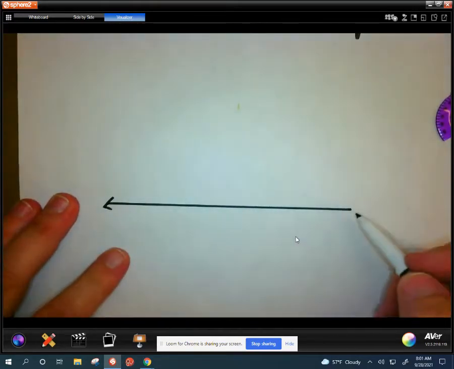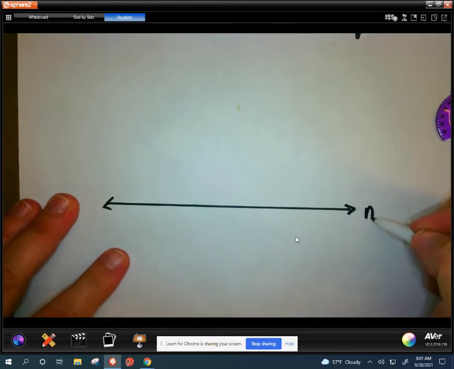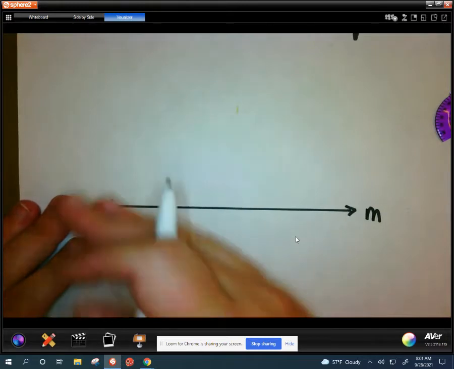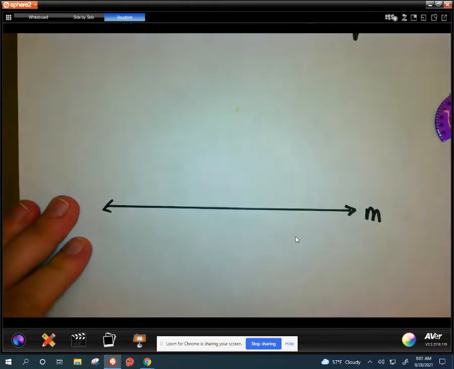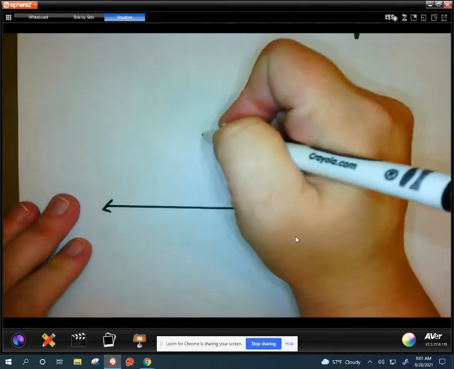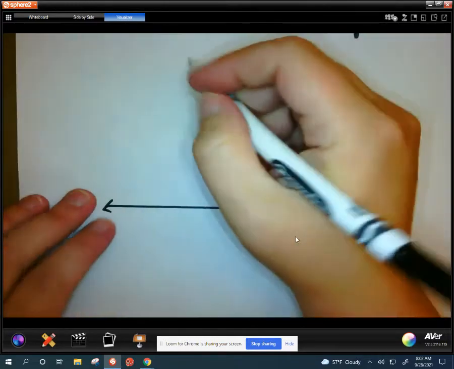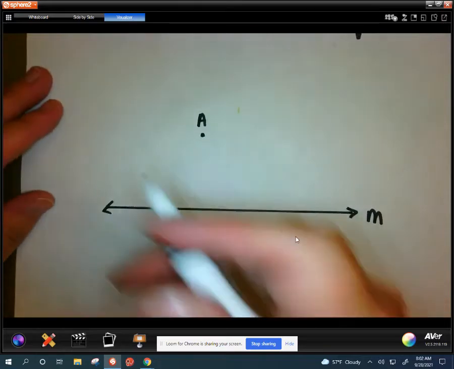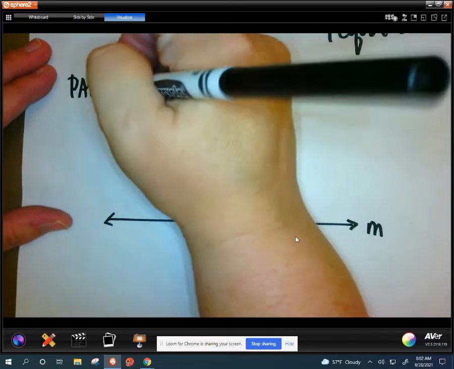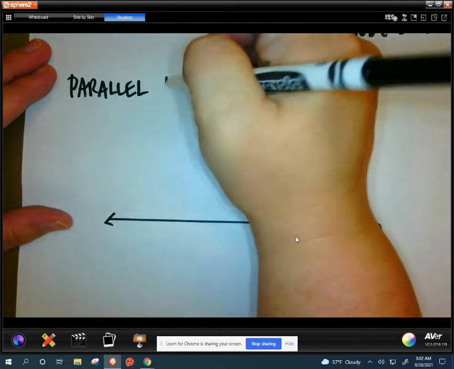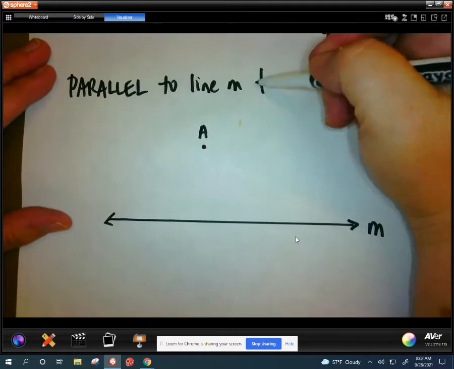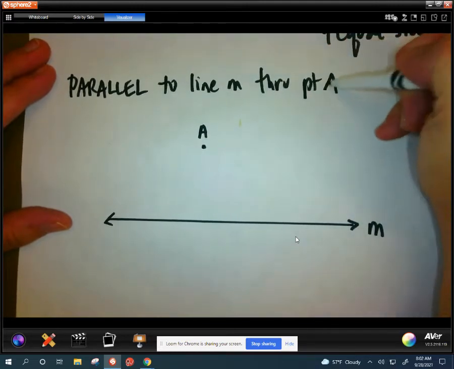So often you are given a line. I'll call this line M. And then if you're not given it, you need to put a point somewhere above or below where you want to draw your parallel line. So I'm going to go ahead and just put a point right here, and I'm going to call it point A. So my goal right now is to draw a line parallel to M through point A. Parallel to line M